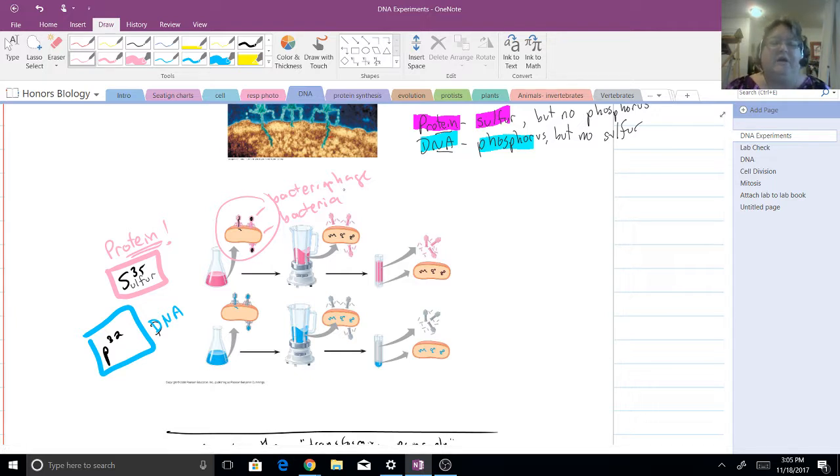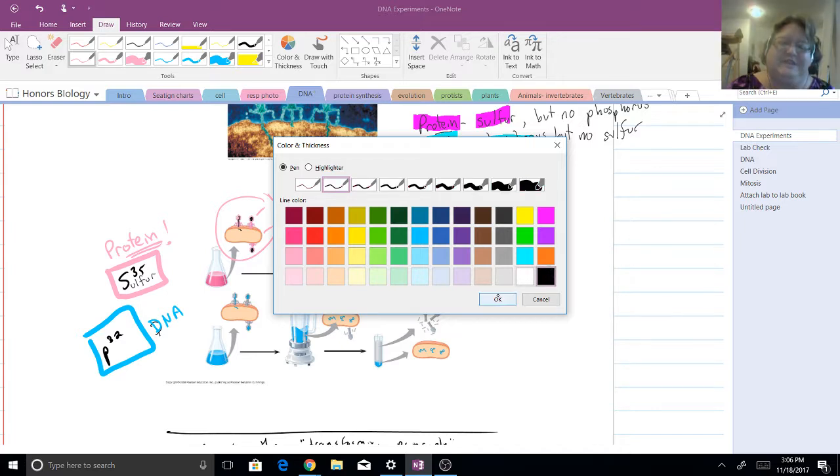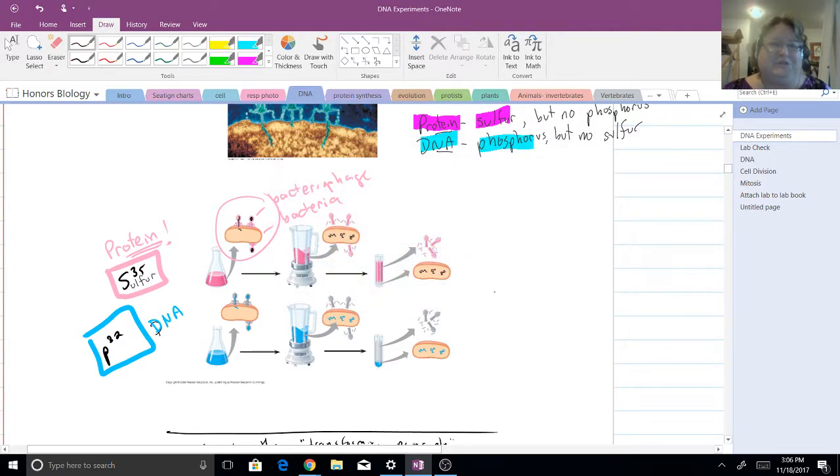Now, this is going to be where we separate out the protein coat of the virus from the DNA within the virus. Now, what they did, they had a time honored technique of separating out the parts of a solution, and that's centrifuging. Oh, I'm sorry. They put it in a blender, and as they put it in the blender, that shakes off the protein coat of the bacteriophage. And then they centrifuge, and the centrifuge is going to separate based on the mass, the weight. If they're heavier, they're going to be pulled down to the bottom.